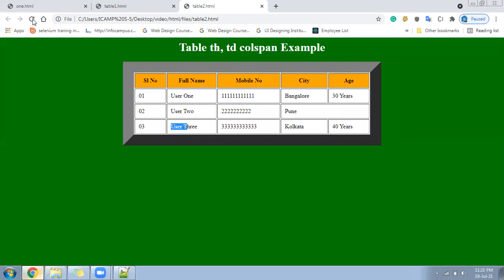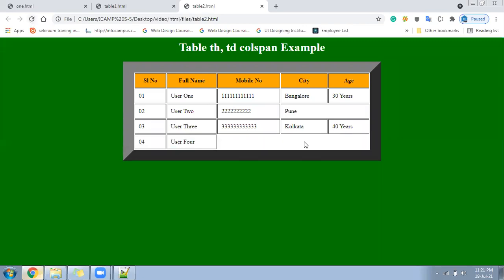How is this table looking? An incomplete table. See, it looks like three fields are not there. So this will become a wrong structure. So we should not design like this. In case these records are missing, we will ask the name to cover the full area. Okay, so now how will it cover the full area? You can see 3 columns are already missing. So 3 and 1 name become 4. So in the name column, we will write colspan 4. So it will cover 1 name and 3 more. So 3 plus 1, it will become 4.